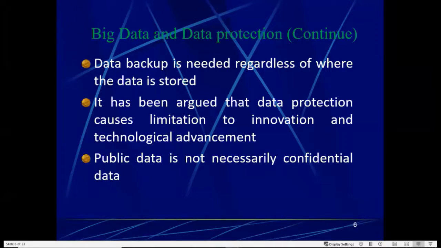That's public data. That's not confidential data. That data can be seen by anyone. It doesn't have to be private. It's not private, basically. That's the opposite of private data. When you talk about private data, you talk about data that is not supposed to be seen or viewed by